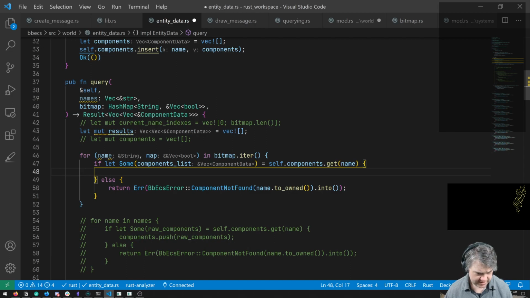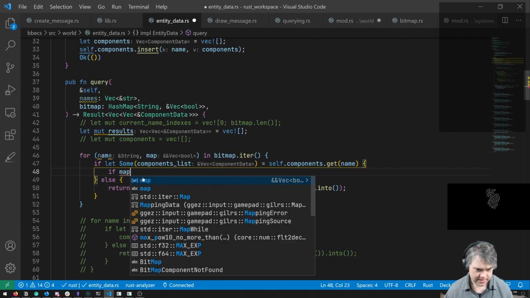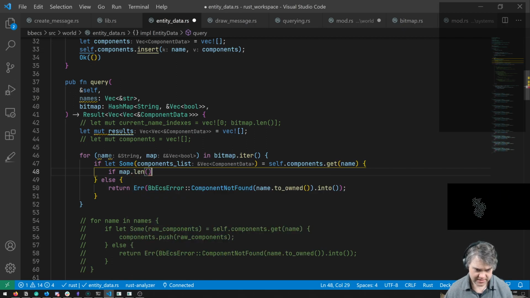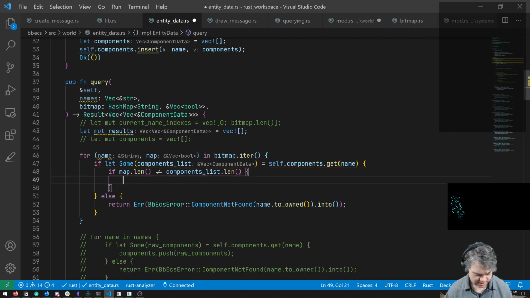If map.length is not equal to components list.length, then I want to bail, and we're going to say: querying, map and components list in query doesn't have the same length.